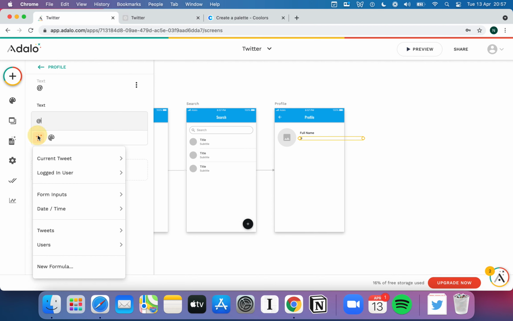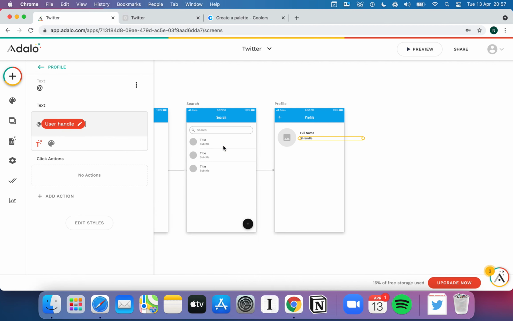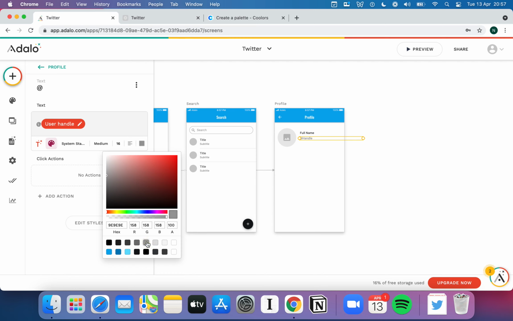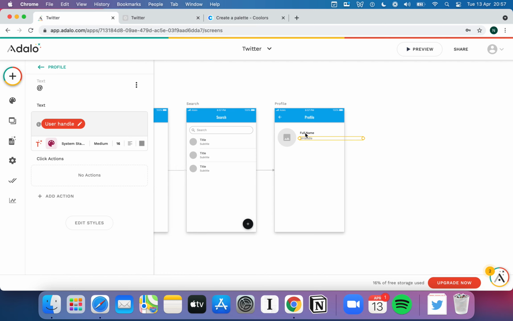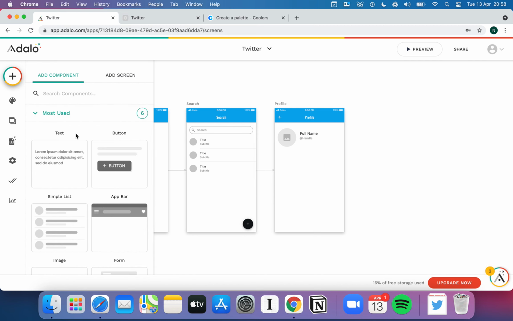So I can put a little @ sign, go to the magic text, current tweet, tweeter, find the handle, put that there. I can make that again a little bit grey like we've got on the other screen. I'll maybe leave the text the right size, but I think I'll take the full name and change that up to make that 20, and so we can put that there. We'll also put a little